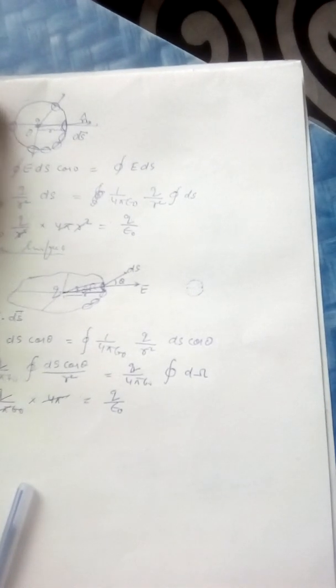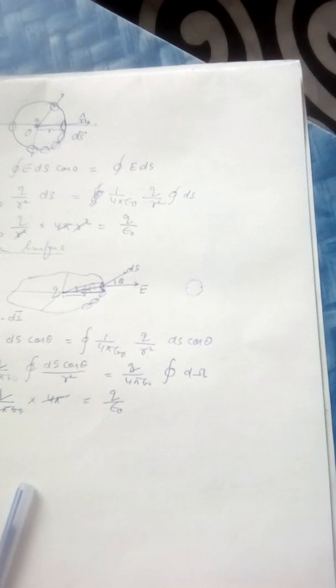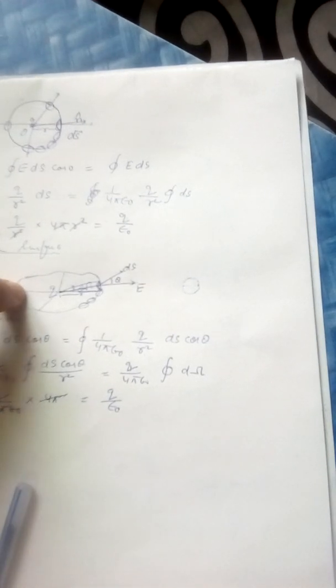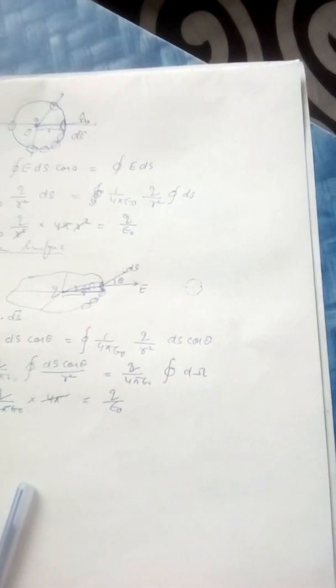So you can understand here that Gauss law is applicable both for a Gaussian surface which is regular and a Gaussian surface which is irregular. But generally when we are solving problems, we draw a regular surface to make our calculation easy. But in the case of an irregular surface, the calculation will be a little lengthier. But when we are drawing a Gaussian surface, you have to remember that